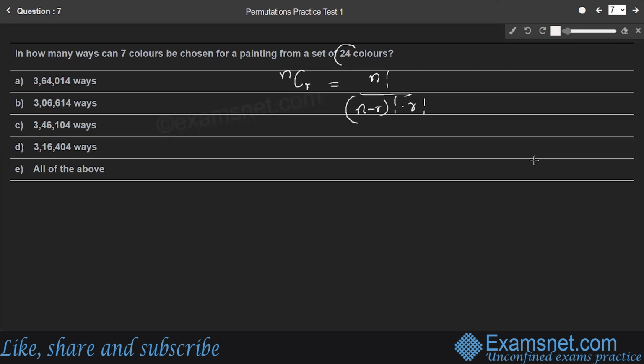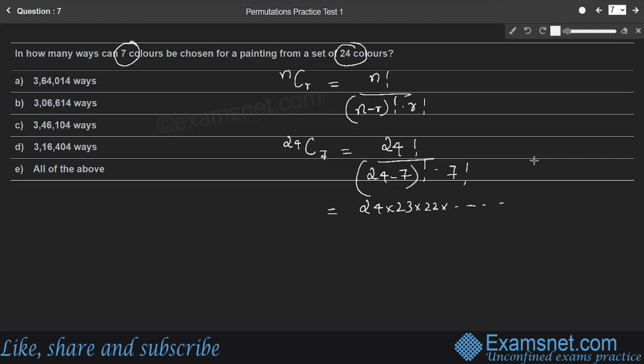Here n is the total number of colors, which is 24. r is nothing but the number of colors to be chosen, right? So the number to be chosen is 7. So here, factorial 24 divided by (24 minus 7) factorial into 7 factorial. So simplify it. 24 into 23 into 22 into so on, you can consider 19 into 18 into 17 into 16, so on up to 2 into 1, is 24 factorial, divided by